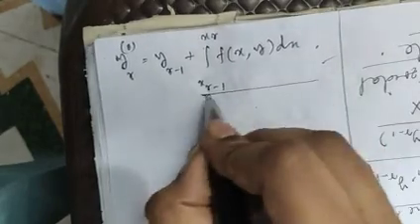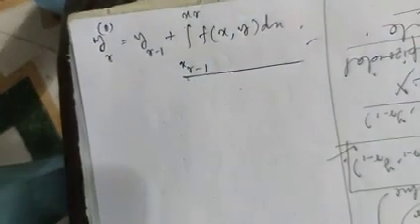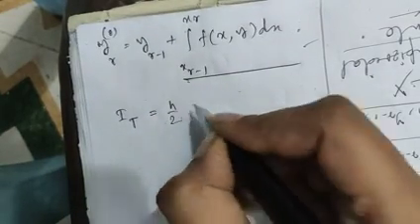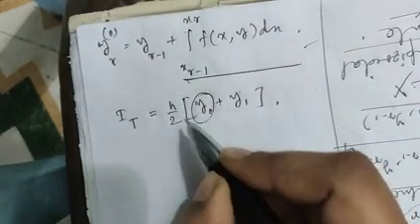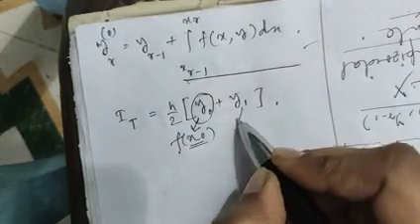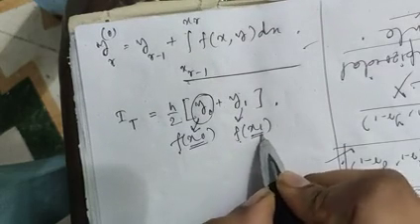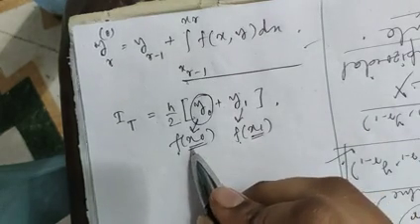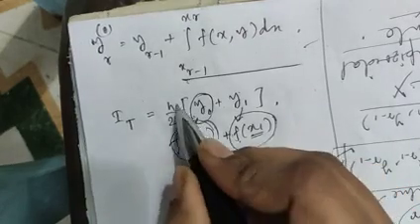Now for that integration, we want to apply the trapezoidal rule. So what was the trapezoidal rule? Let's first recall it. It was the integral equals h by 2 into (y0 plus y1). What was y0? y0 means f(x0), that means the functional value at the initial point. And y1 was f(x1), that is the functional value at the last point. There were only 2 points for the trapezoidal rule as n equals 2. So functional value at the initial point plus functional value at the ending point, into h by 2.